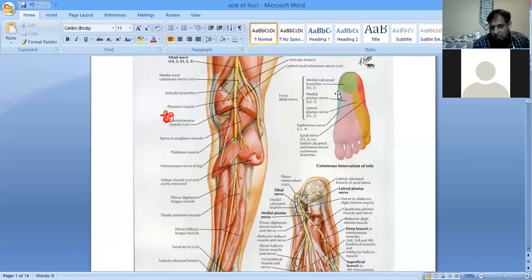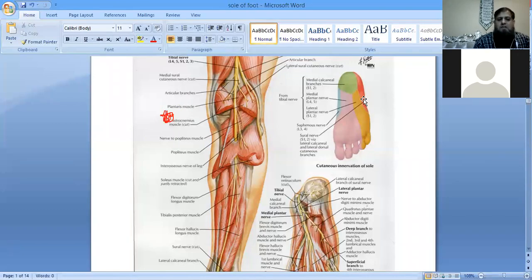And the smaller area on the medial aspect, that is supplied by the saphenous nerve, and the smaller area extending from the posterior aspect of the heel up to the lateral aspect of the sole, that is supplied by the sural nerve. Remember जी, डिटेल्स आपको स्टोन नर्व्स की पता है, बताने की जरूरत तो नहीं है.